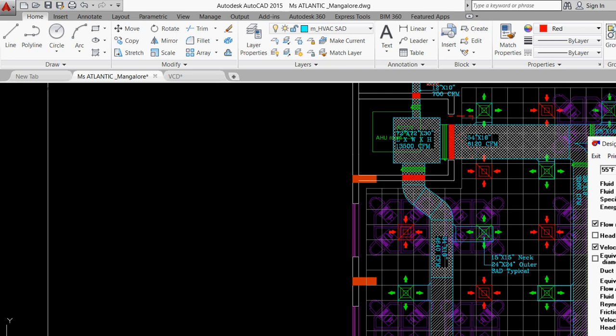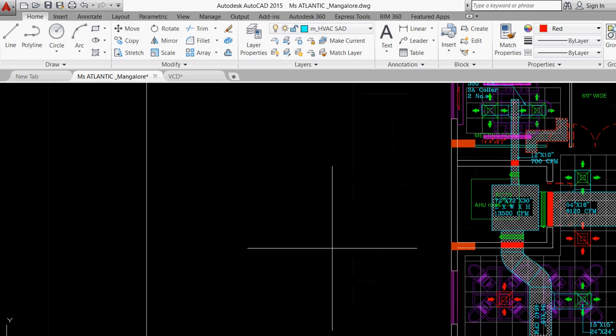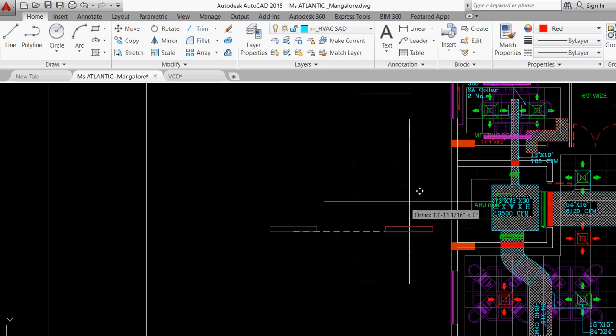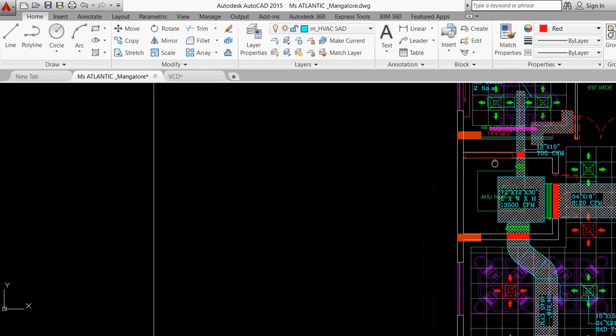In that case, I have to have 72 inches. So I have to have a width of 72 inches. So what I'll do is rectangle dimensions 72 by 18 inches. So this will be one return air path. This will be one return air path that I have to consider.